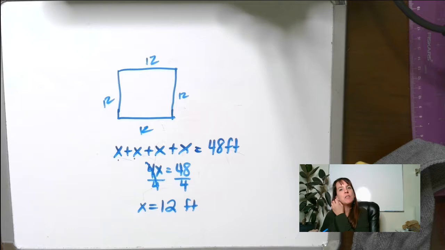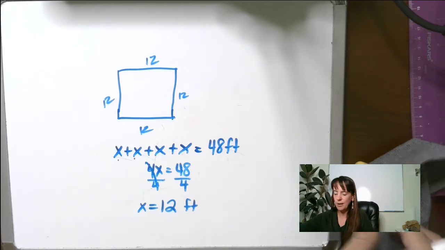So really, if you're given the perimeter for a square, you just need to divide it by 4 because those sides are all the same. All right, so